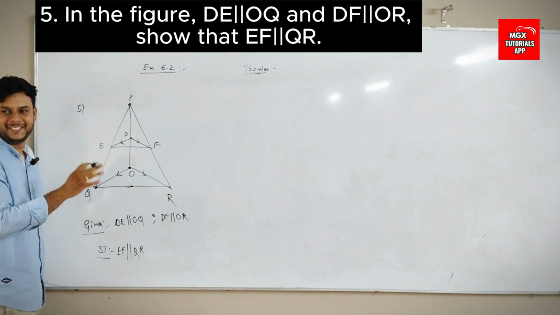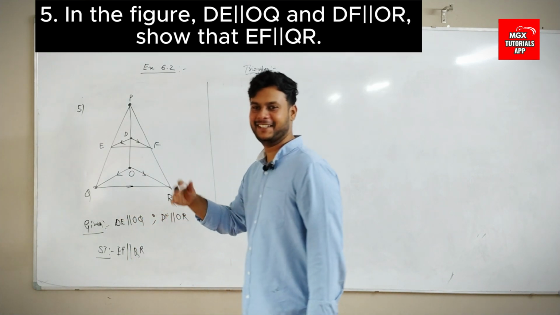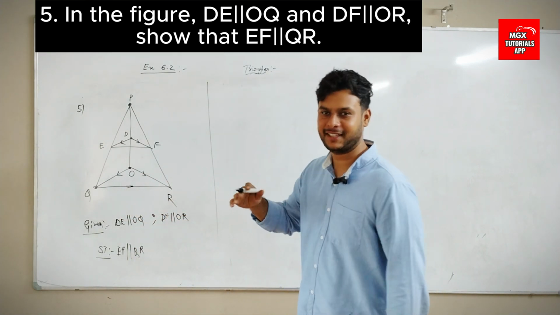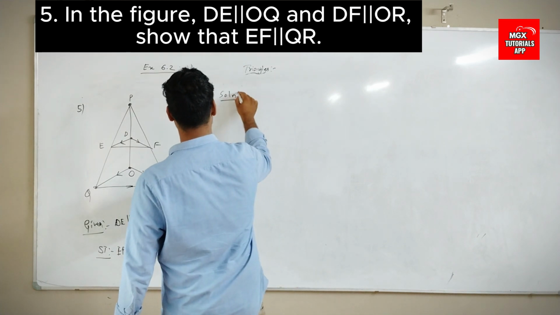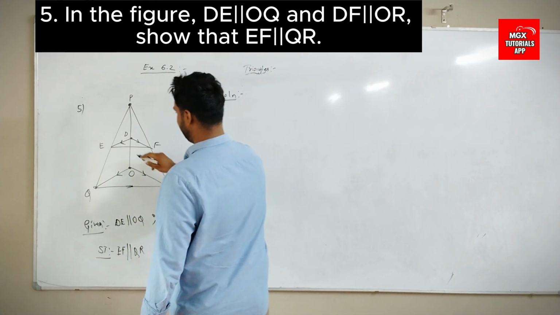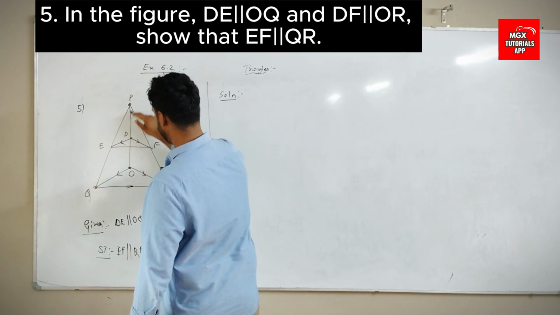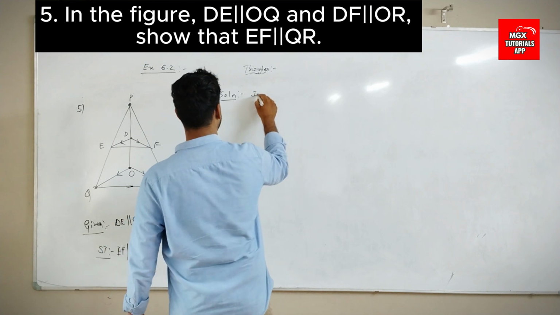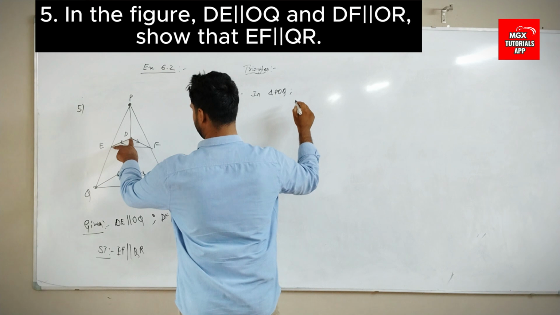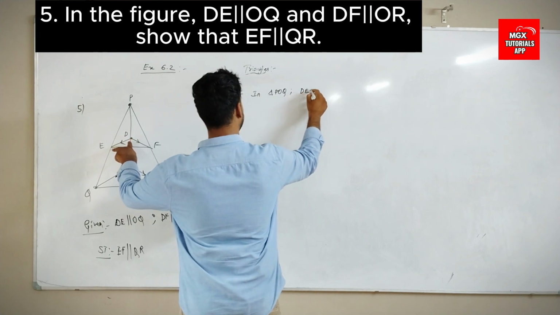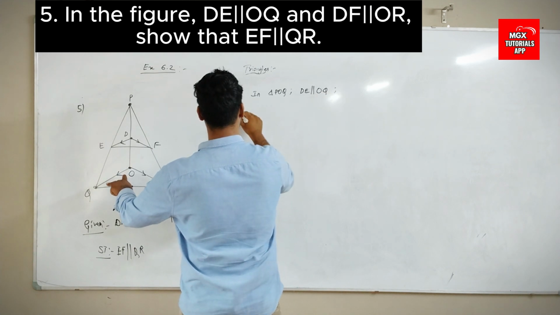Okay. Once I prove, you'll understand. Solution. Just see. Okay. How I will prove. First, this is parallel to this. So I will take this triangle. In triangle POQ, DE is parallel to OQ, by BPT,